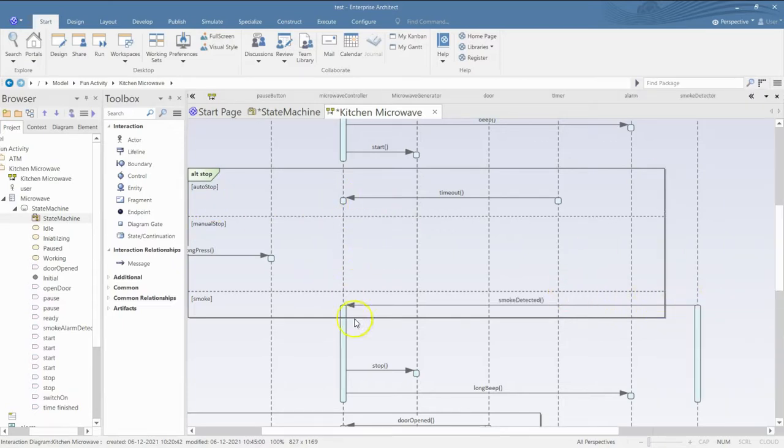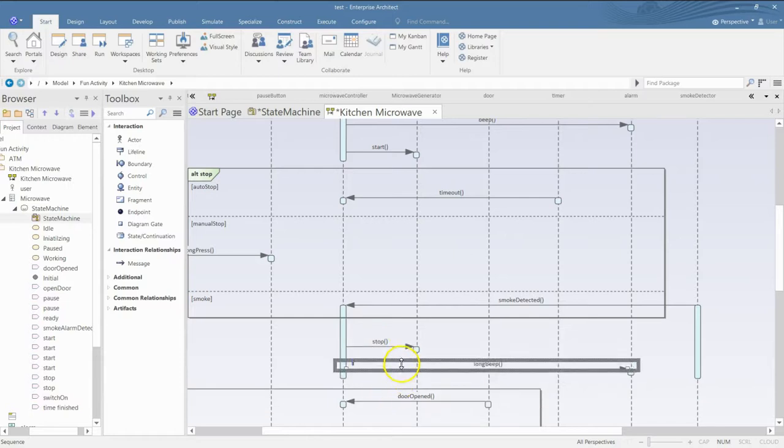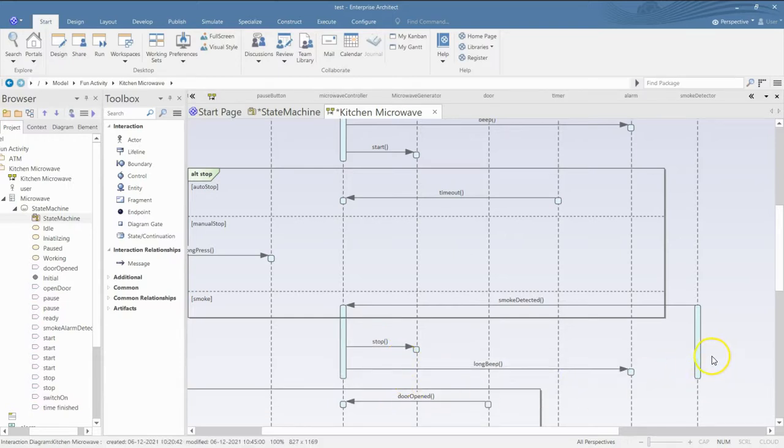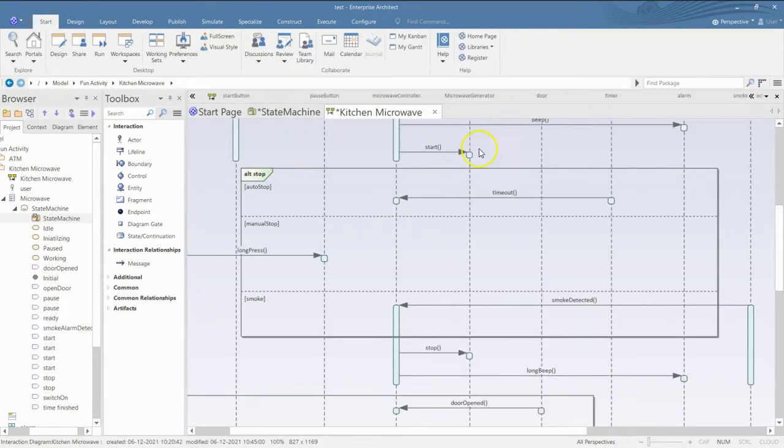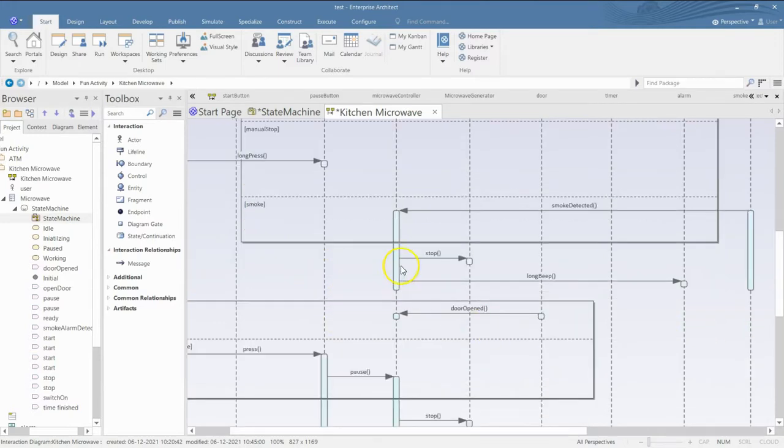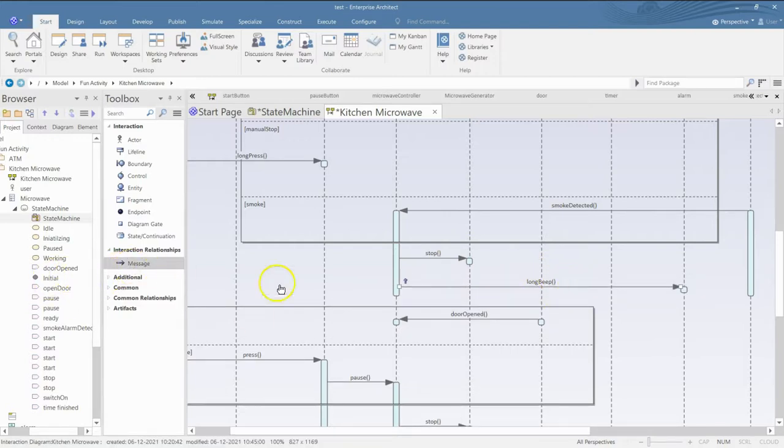In either of these three cases, it will stop the generation and it will do a long beep. If the timer times out or manually it is stopped or smoke is detected, it will stop the microwave generator. It will do a long beep and it should also stop the timer.